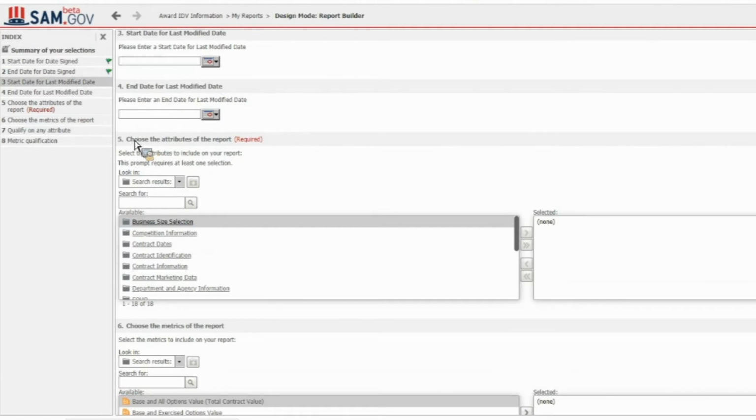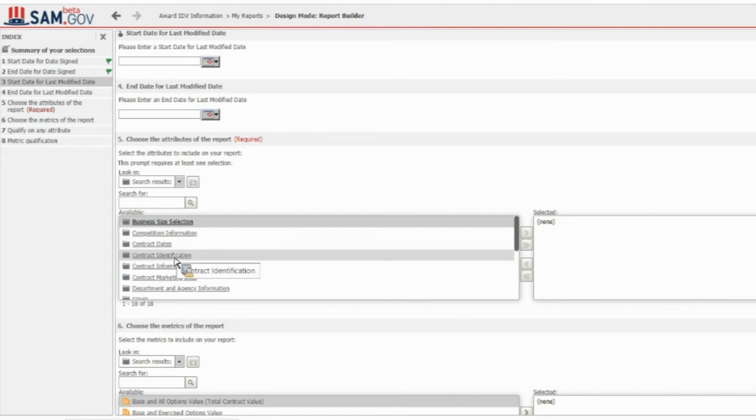Number 5 is to choose attributes of the report. When we say attributes in our reporting module, we mean the data that contains the numerical values. This is where we group our data or order our data by. It's the container of our data. Attributes can be items like contracting department ID, contracting department name, and as you may see from these business interest or business area locations, you would have other attribute